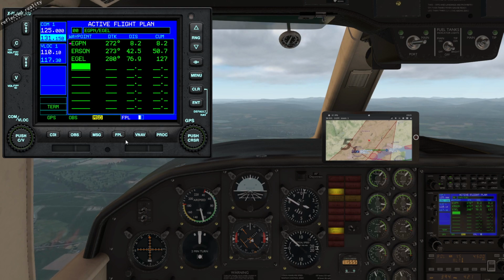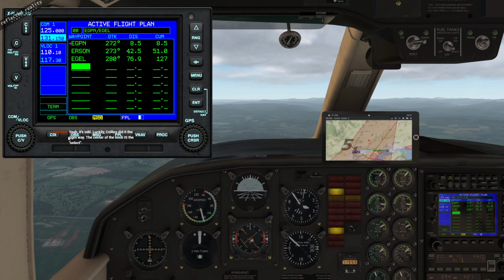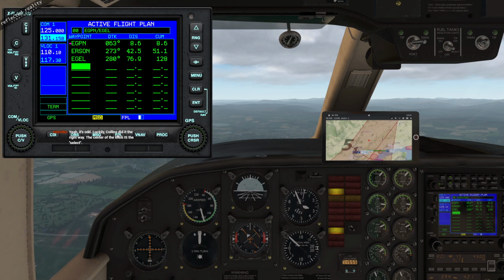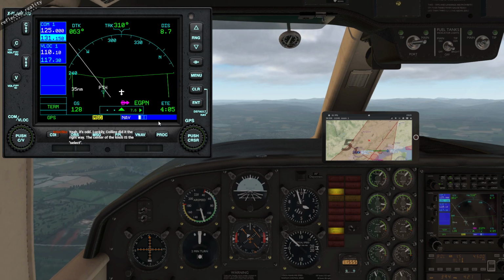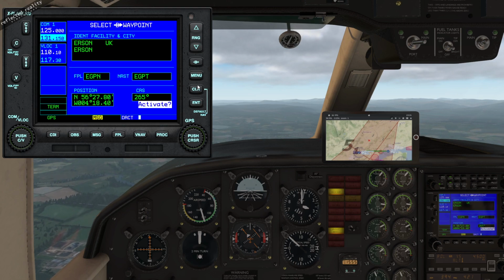I'll do this, and Collins did it the right way. The centre of the knob is select, so that's what I like to hear. Make sure to take OBS mode off if you've been using OBS mode, otherwise it can get pretty exciting. If I go into my flight plan now and just ask it what would happen if I went direct to Dundee, direct to Erson, course 265,